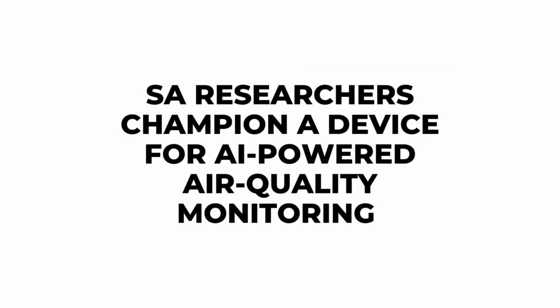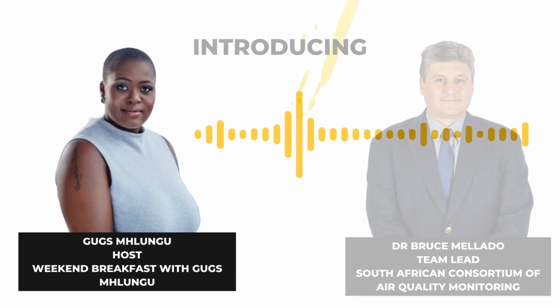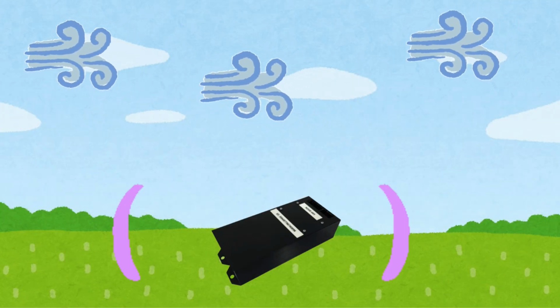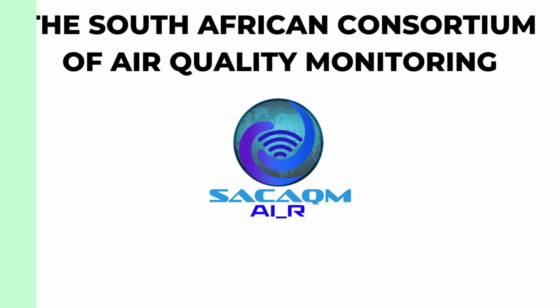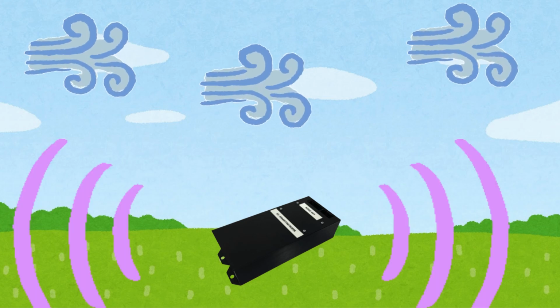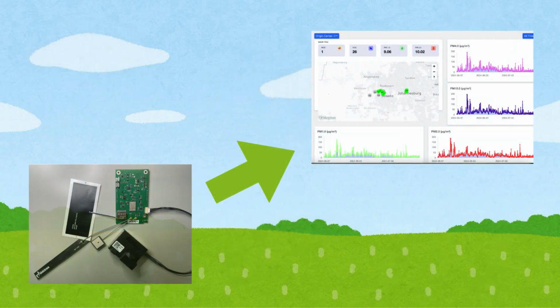Time for us to talk sustainability. After nearly 2 years of work at the Wits University School of Physics, a team of about 25 scientists have unveiled a cheap way to warn South Africans about just how dangerous the air around us might be. Their South African Consortium of Air Quality Monitoring has developed an accurate, cost-effective air monitoring system dubbed AI_R, I hope I'm saying that correctly, that samples air quality in real time and then communicates that information digitally and analyzes it